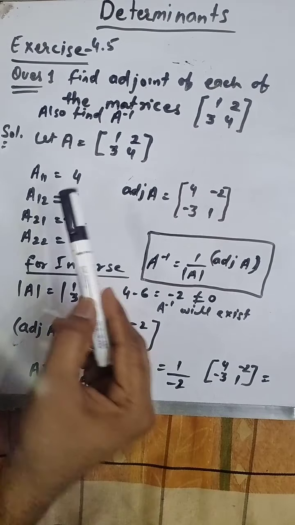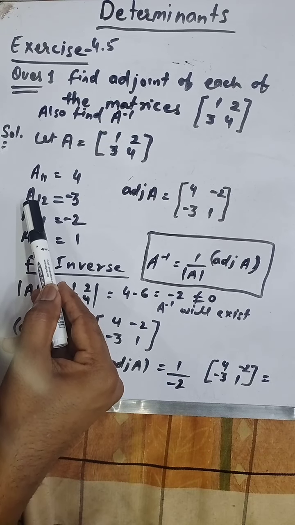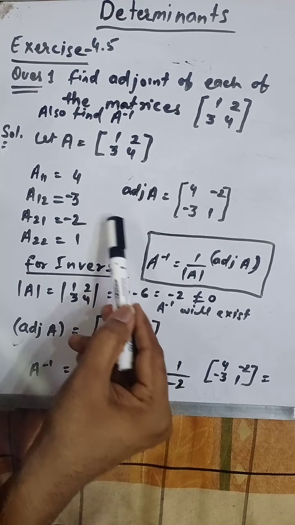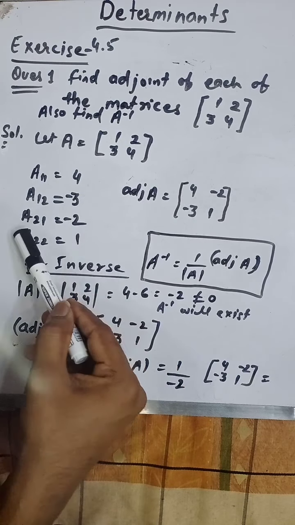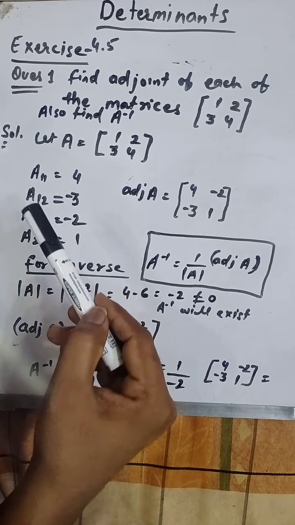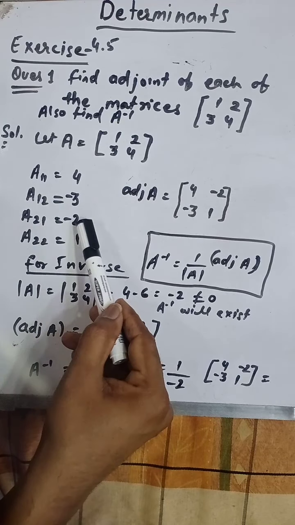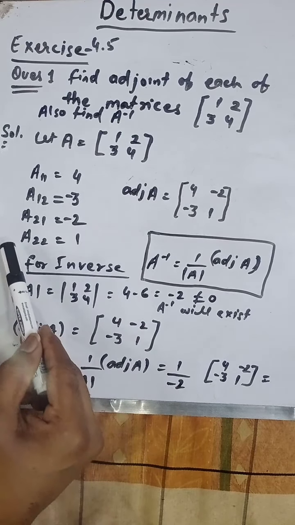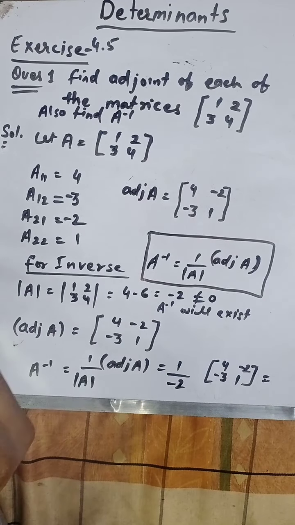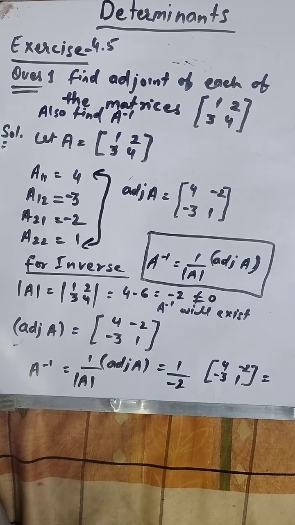Okay, as all of you know, if the sum of this 1 plus 2 is odd, then you have to change the sign. That's why the sign is changed here. Similarly, for A21, 2 will come, so I have changed the sign to -2 because an odd number is coming, 2 plus 1, that is odd. So we have changed the sign. Similarly, A22 you will get this one, 1. So I know you can find this, but recall that the sign changes.